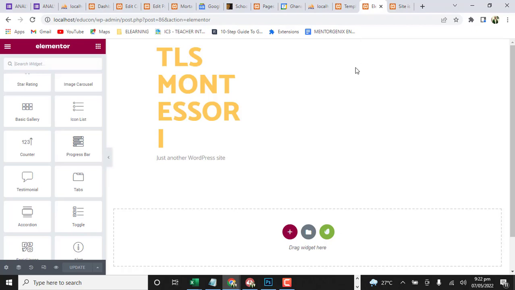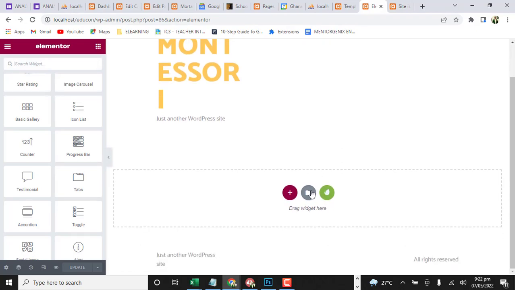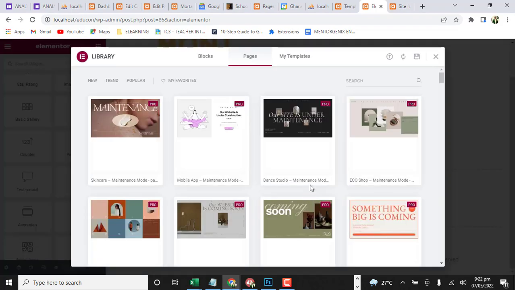You understand better. So I'll click on this one, the folder icon which says add templates. Please, are you following? Yes, we are following. Excellent. So you click on add templates, and then here you can add a template from the Elementor library, but